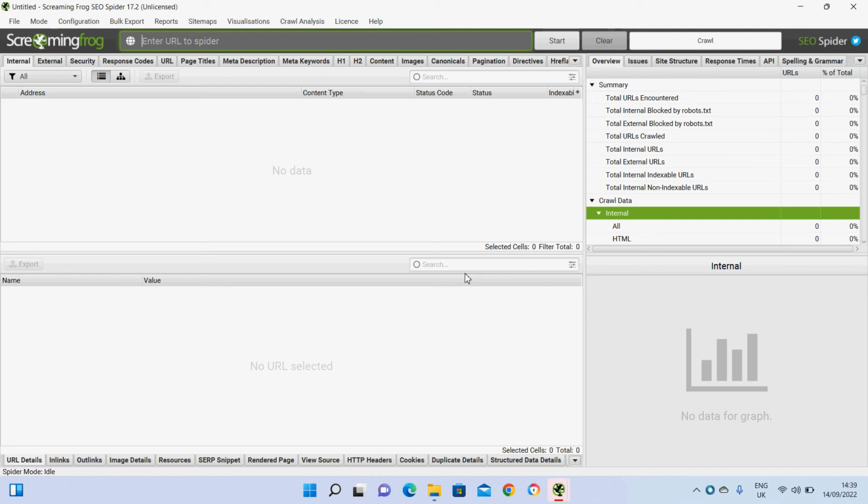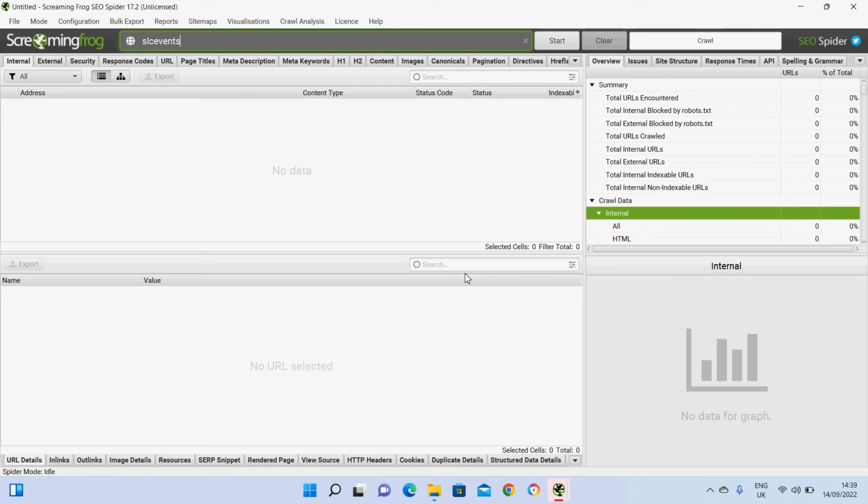So what I'm on now is the site called Screaming Frog. Sorry, it's not a site, it's an application. It's free to download. You just go to Google, put in Screaming Frog, and you'll find the website where you can download this. And this is what it looks like. So what we're going to do is pop in the URL that we want Screaming Frog to crawl. It's going to crawl the site and identify any errors. It's going to identify your site structure, any issues, the response time, your meta descriptions, all the SEO stuff that